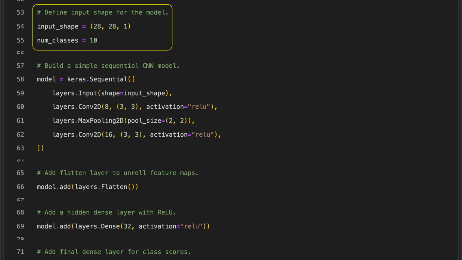We define the input to our model as a 28 by 28 pixel image with one channel, which matches the grayscale images used in datasets like MNIST. This input shape is important because it determines how we set up the first layer of the convolutional neural network. We also specify that there are 10 output classes representing the digits from 0 to 9. This number of classes is used to configure the final layer so the model can output a probability for each